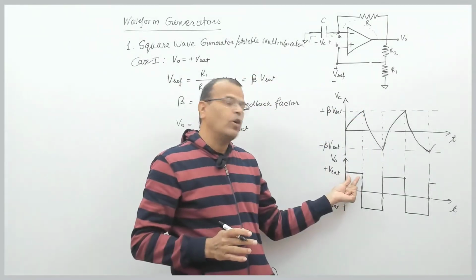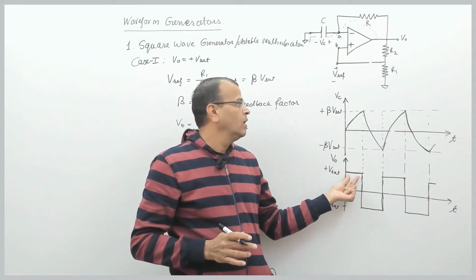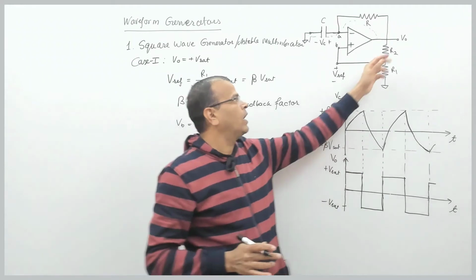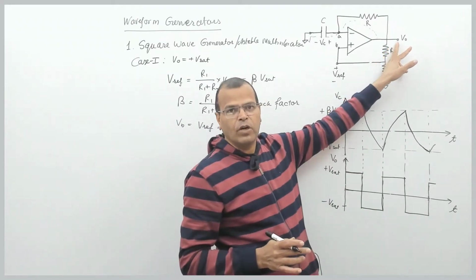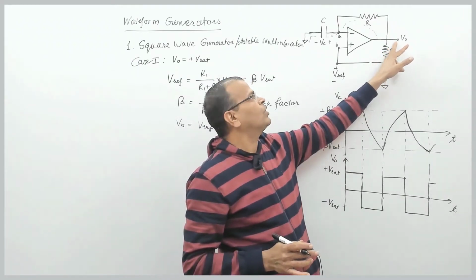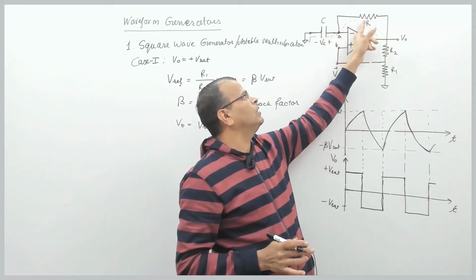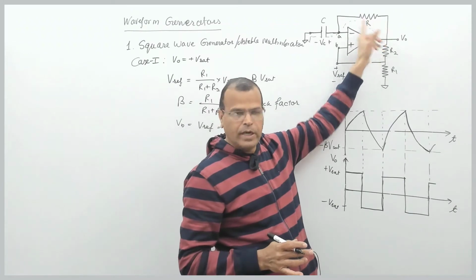Initially I have assumed the output voltage is plus Vset. The capacitor starts charging from 0 value because I have the plus Vset voltage at the output terminal, and that voltage at output is responsible for charging of this capacitor through this resistance in feedback path, right? Now,